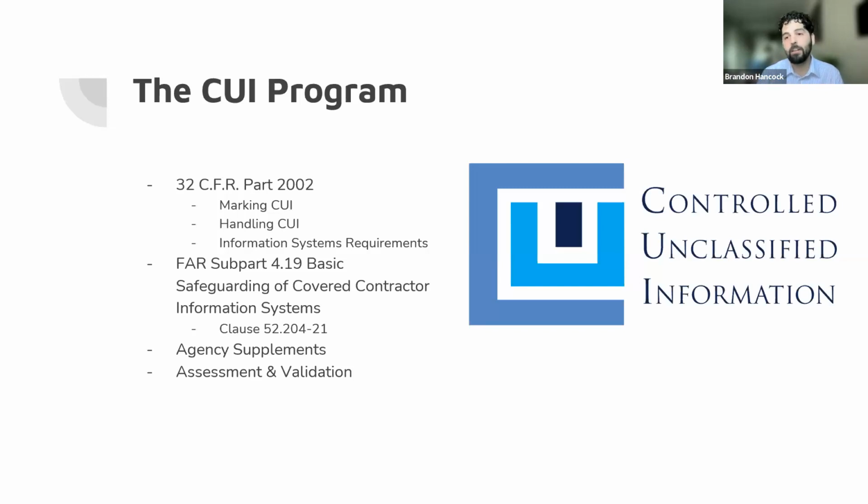If it's a physical copy, making sure that it's not being passed around in the office to someone who doesn't have a need to know that information. That's where a lot of times it gets mishandled, and mishandling of covered unclassified information is actually one of the ways that it's being